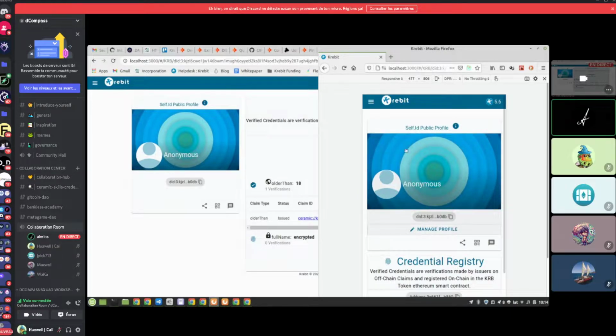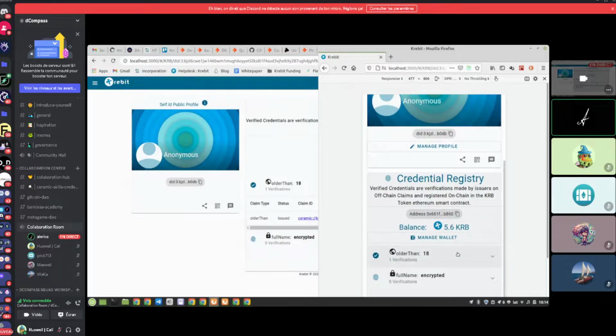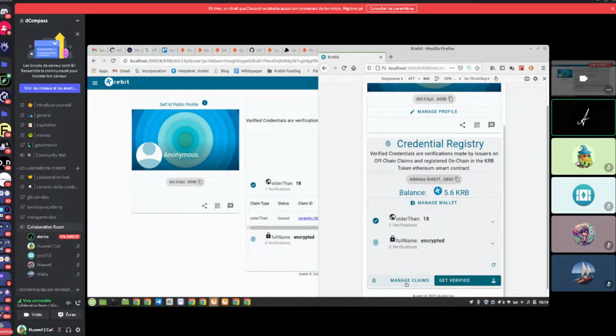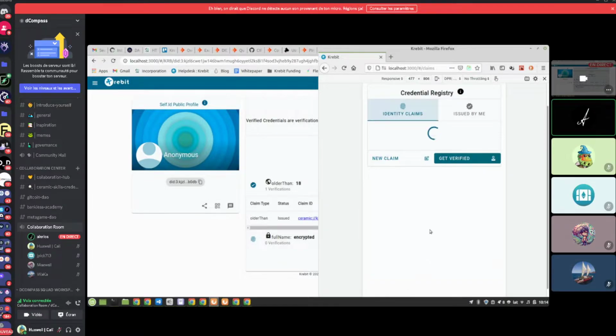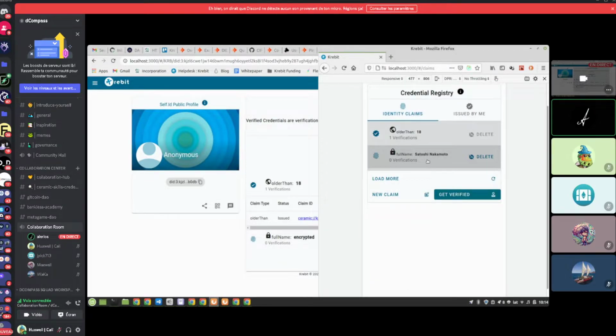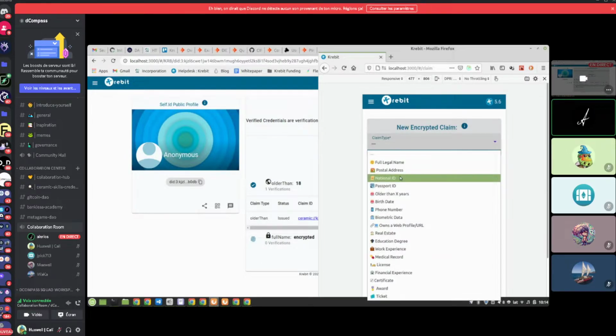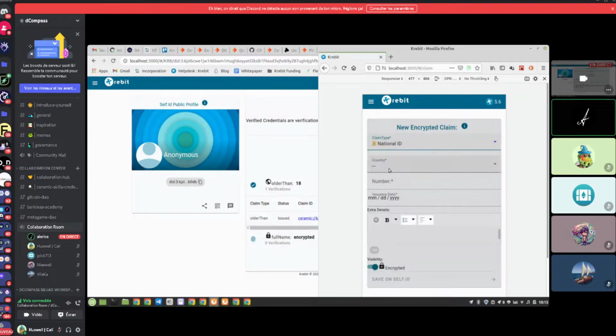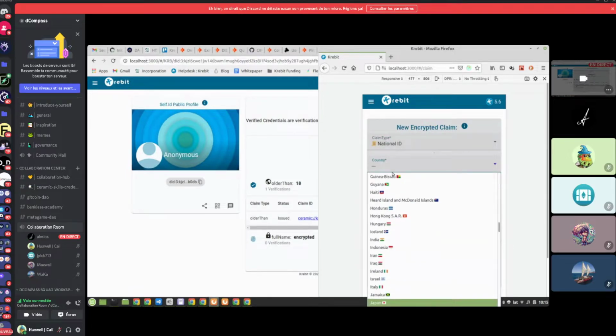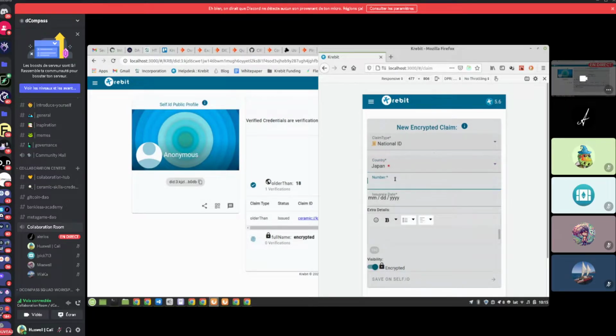So this is someone that, in their public profile, really wants to be anonymous, and the actual information that they want to verify is what we're calling claims. Just for example, check claims this profile has. So this one has one claim, that his name is Satoshi Nakamoto. Okay, so he has not had any verifications. Maybe he wants to also verify his ID number,